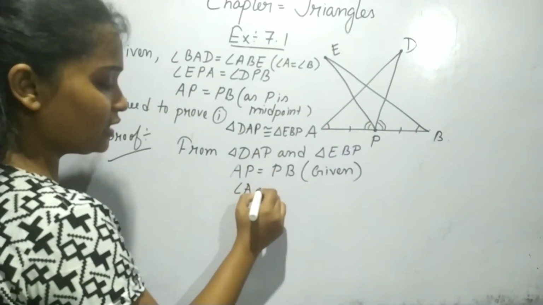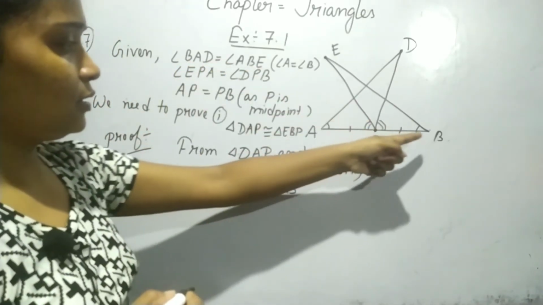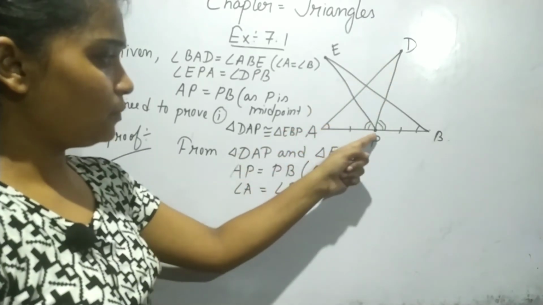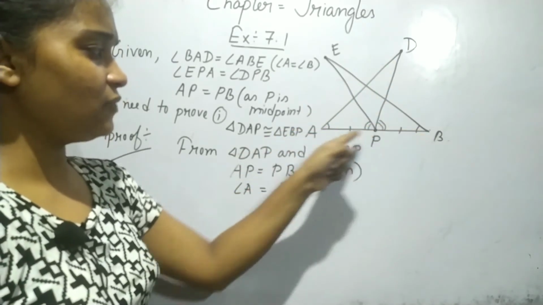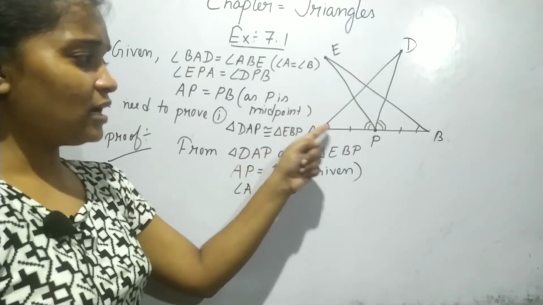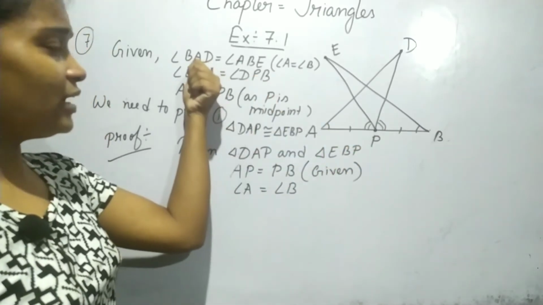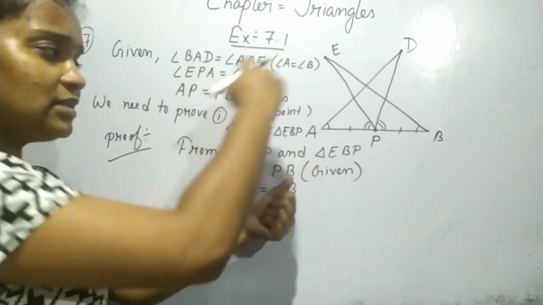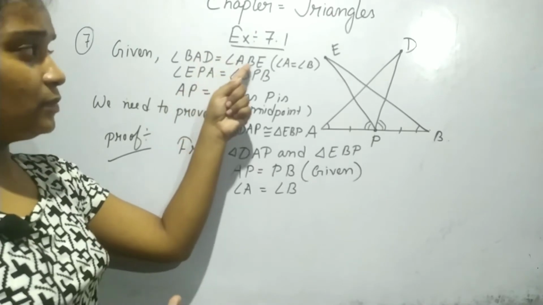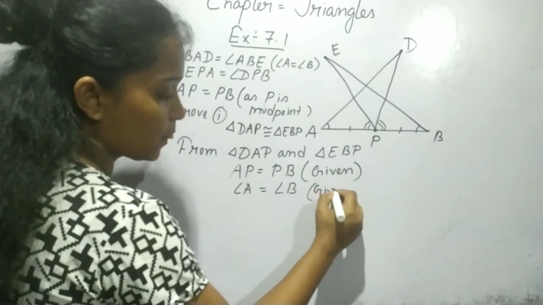So I can write directly angle A equal angle B, because if we were writing like this, BAD, here you look, I need DAP. So now it is not matching. If you are writing BAD, then it is not looking like DAP. So what am I doing? I need the middle angle mainly, and that middle angle is completely inside the triangle. So instead of BAD and ABE, I am writing angle A and angle B. Okay, this one is also given.